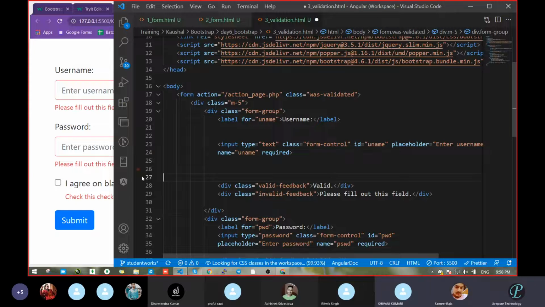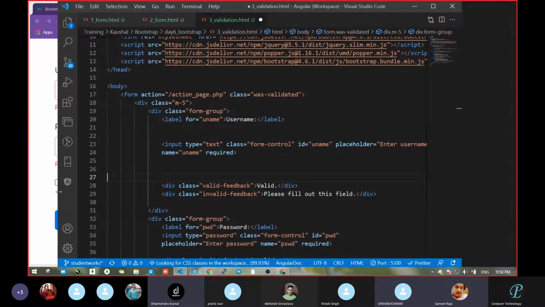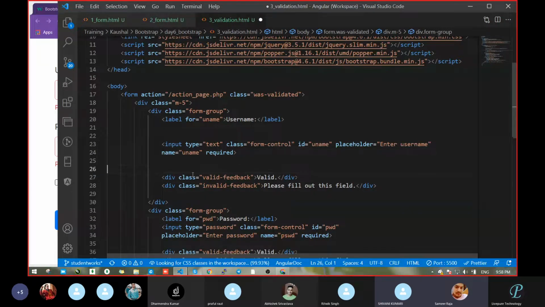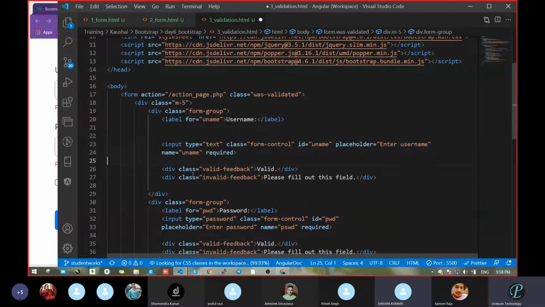See, yes, we pass name equal password and name equal uname. So in each input, we had given one thing, that is the name property. Clear? With the help of the name property, it's like your name itself. Any delivery person, or anybody who has to call you, what will they do? They will call you by your name. That is like your identity. The same thing is happening here also.